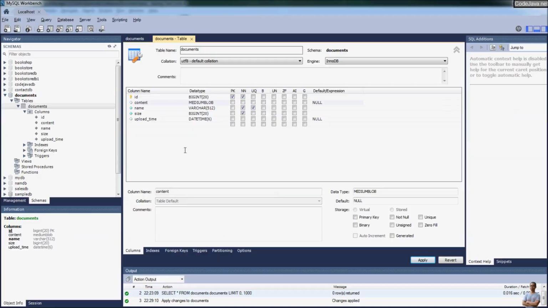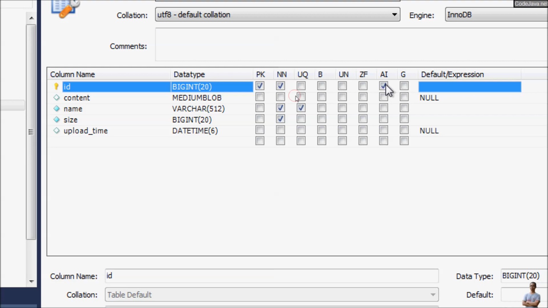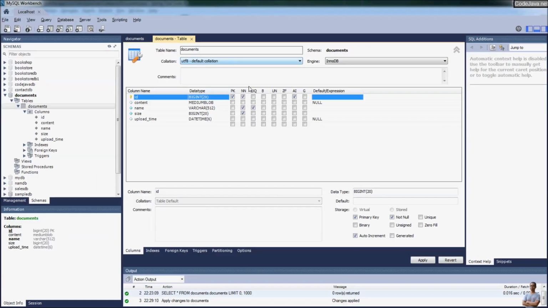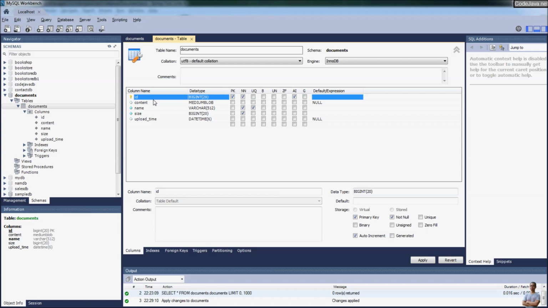Let's see in the database. Here we should check the AI auto increment, because in the first run the code didn't have this annotation, so Hibernate didn't set the attribute AI, which stands for auto increment, for this ID column. Click apply,